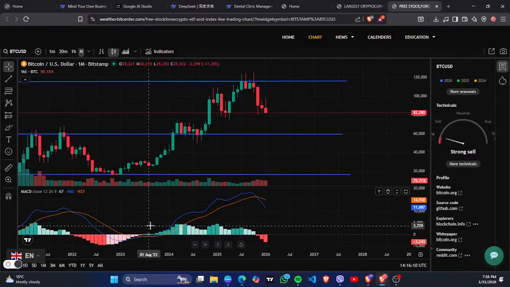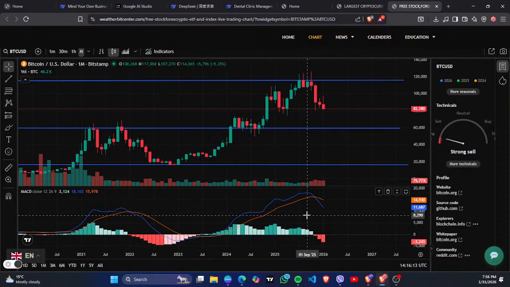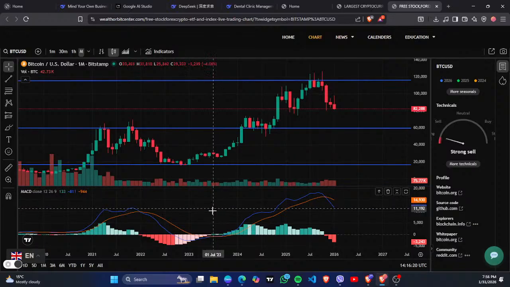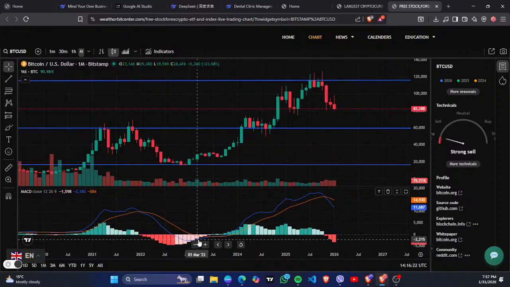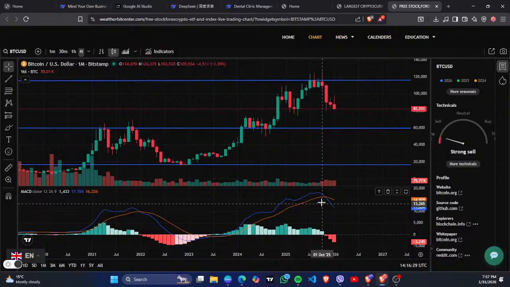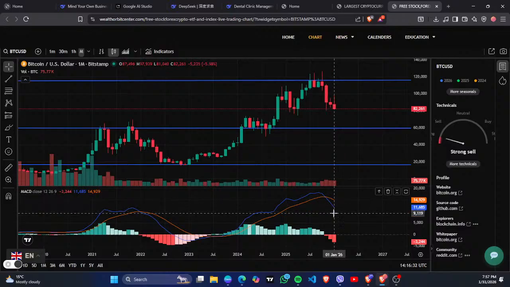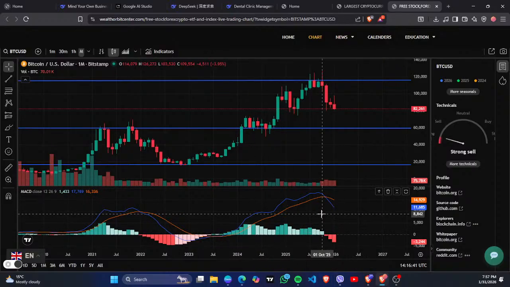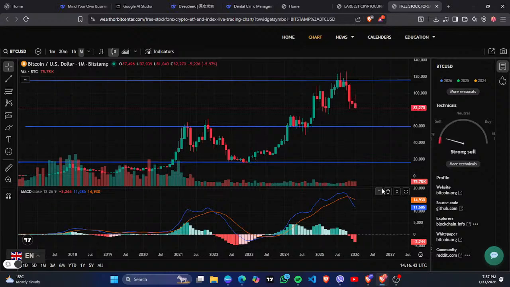So the MACD line, when the upper band and the MACD line cross over on this. When the blue line crosses over the red line, it is considered a buying position. And when the red line crosses over the blue line, it is considered a selling position. If the same cycle repeats over here and the blue line crosses over the red line, then there will be the buying position.